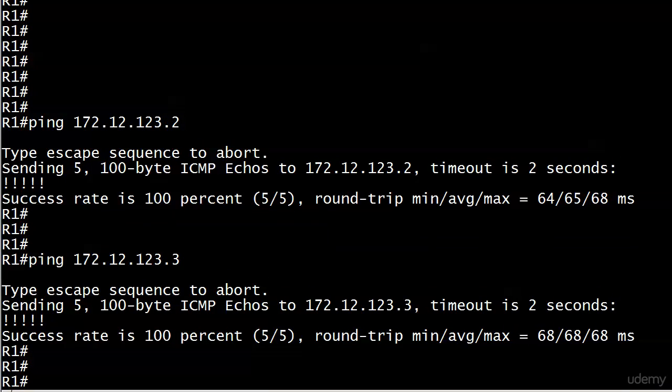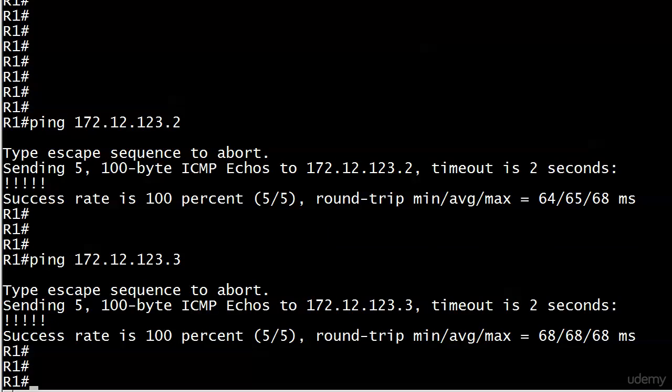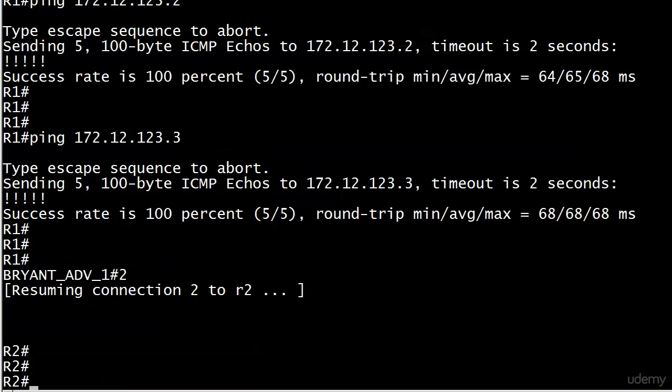We're on router 1 right now, and you can see I just sent a couple of pings to the other hosts on the 123 network. Make sure we're good there, and we are. And what we will actually do is drop down to routers 2 and 3 first. The interesting thing with the priority command is that it is an interface level command. You're not going to do router OSPF 1 and then set a priority. So what we will do instead